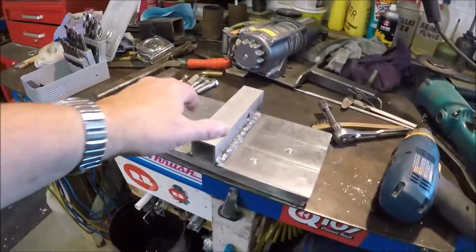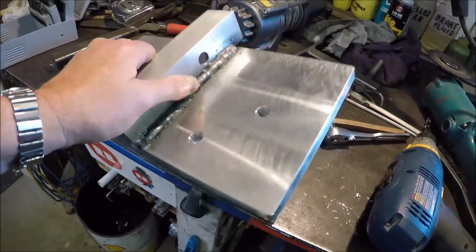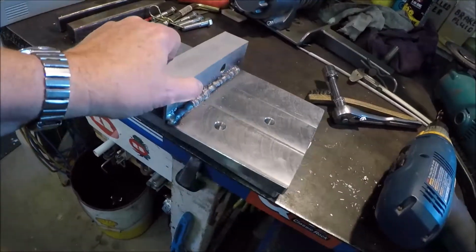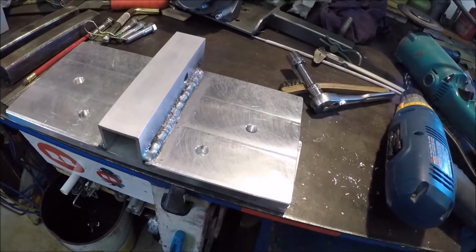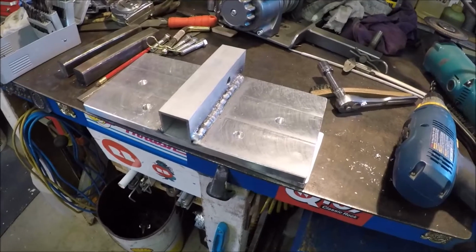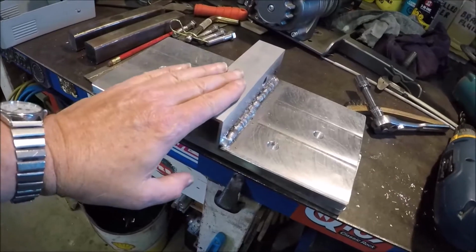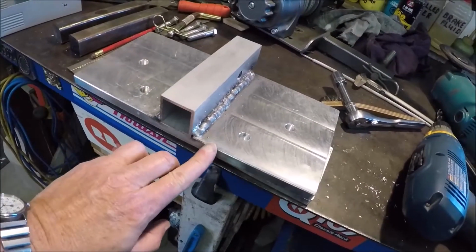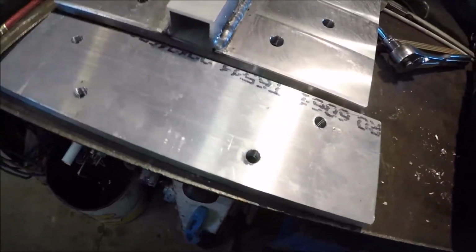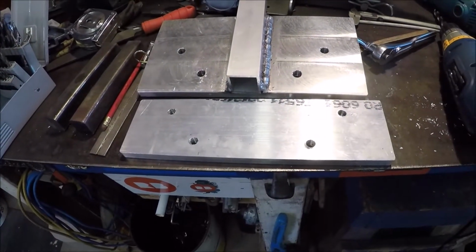Well, I just got back from the welding shop and got this aluminum winch mount welded. I'm not equipped to weld aluminum here. And day before, 2 days ago, I was at my buddy's place. He has a CNC machine, and he cut this out and then cut a channel in here for this to sit down into. Just a slight one, and did all that, and a piece to go in on the inside of the C channel on the front cross member on